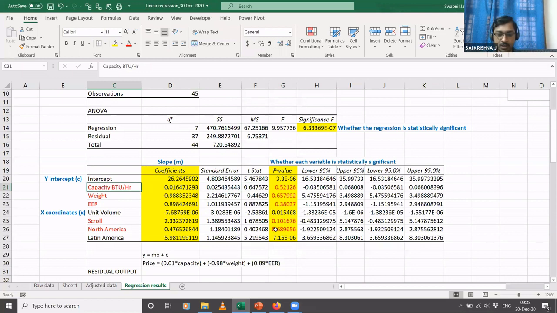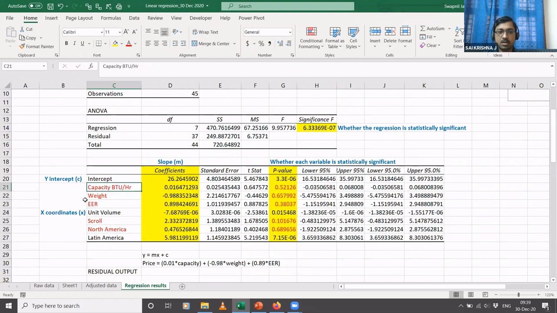Here it's 0.1, here is 0.68. So all of the p values that I have marked in red are greater than 0.05. Okay, which means these independent predictor variables are not statistically significant, or you can say that these independent variables do not have an impact on the price of the compressor.